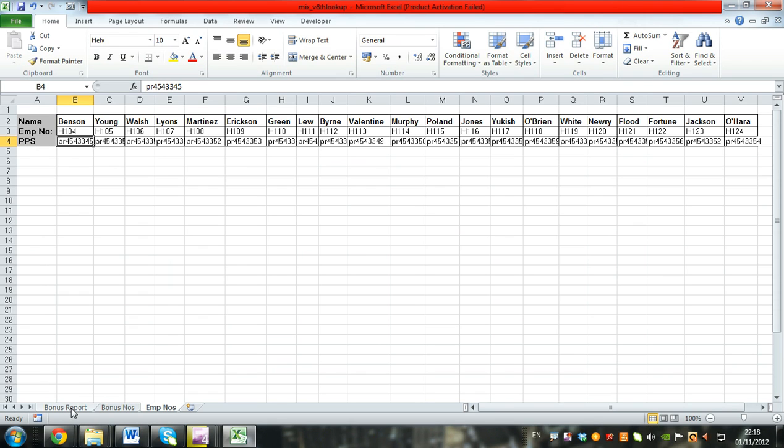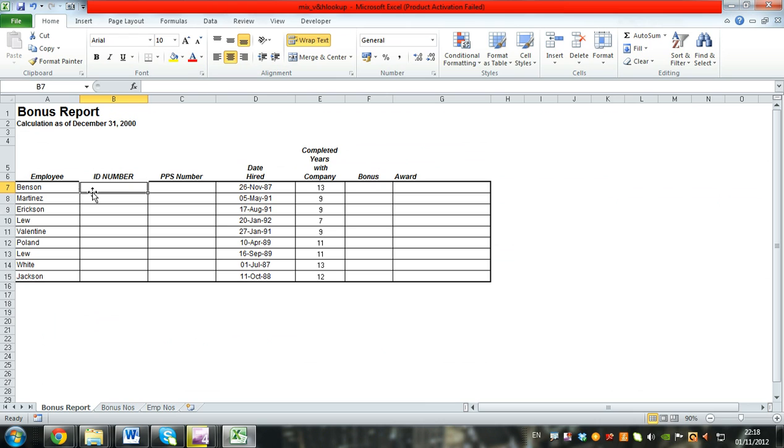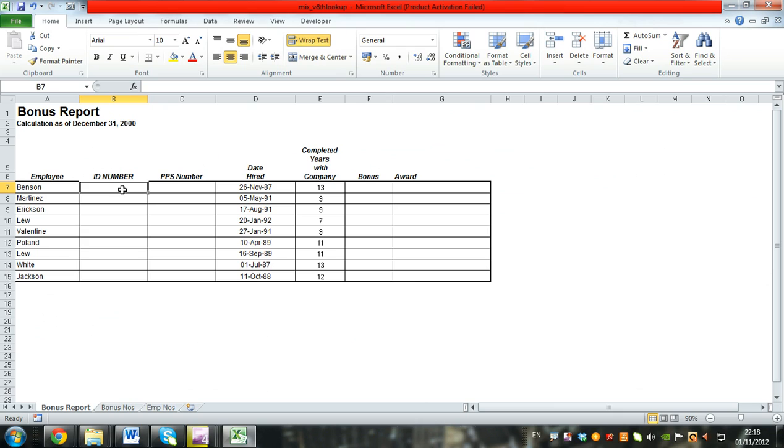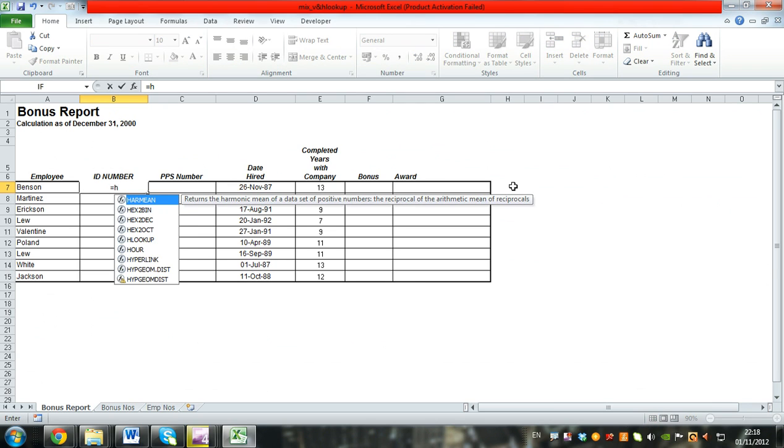So we have a bonus report here, and we want to insert the ID number and the PPS number. In order to do that, we have to look across a row. So we're looking horizontally. So in that case, we use HLOOKUP. Now HLOOKUP is not used as often as VLOOKUP, but we still need to know how to use it, and it's practically the same. So in here we go is equal to HLOOKUP,